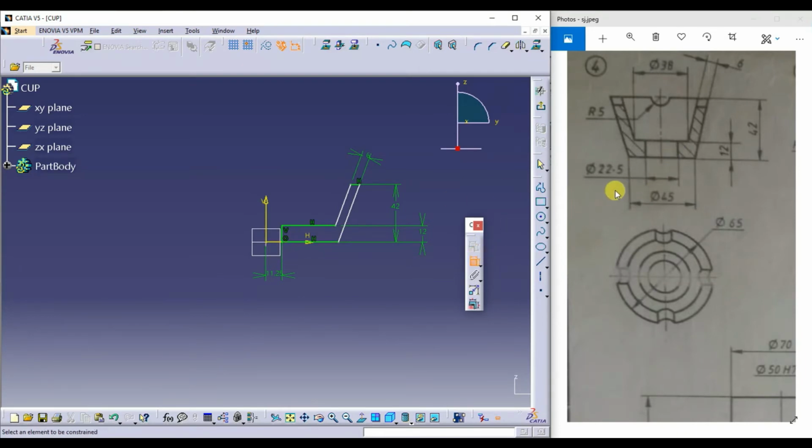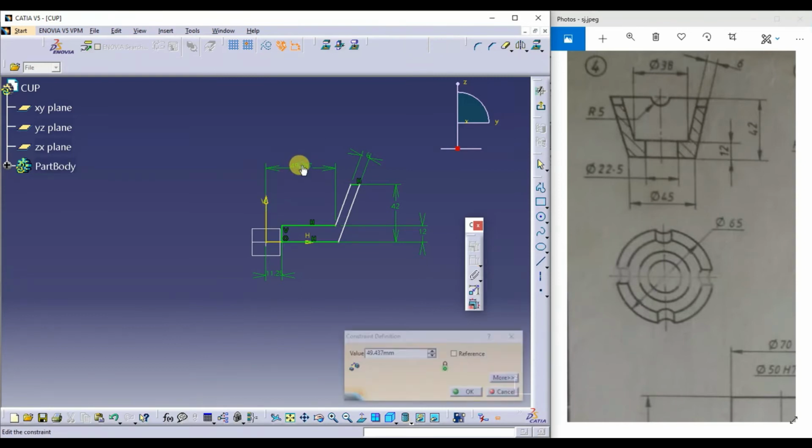Next dimension is from the center to this, half of 38.